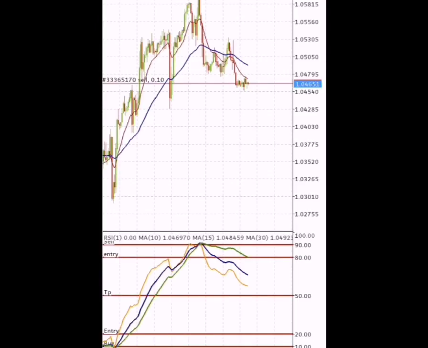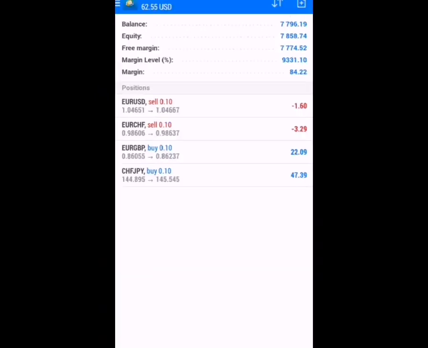Now for the stop loss and take profit, I use the 50 line on the RSI for my first TP. So at the 50 line level, you can take partial profits. If you don't know how to take partial profits, maybe I can just show you. Let me show you on